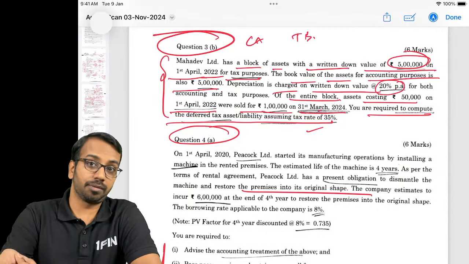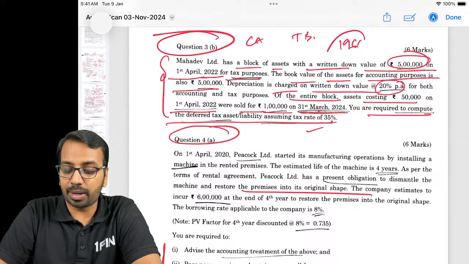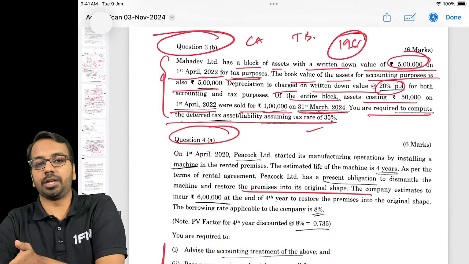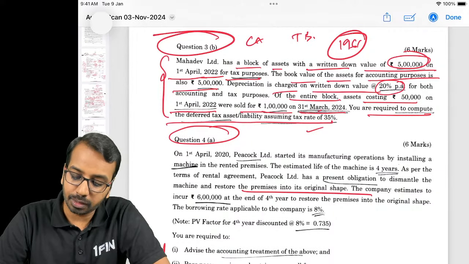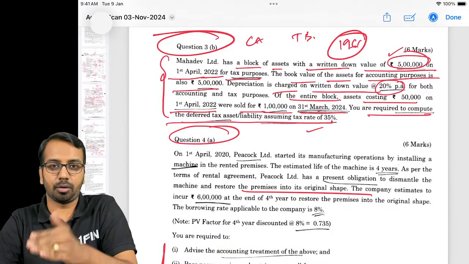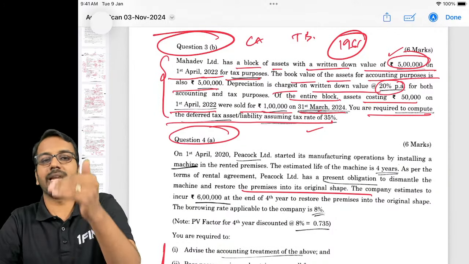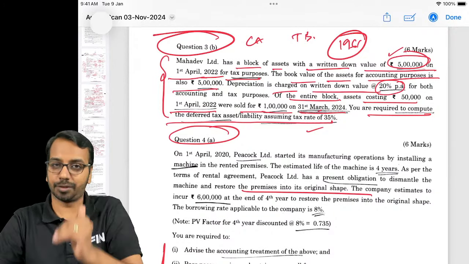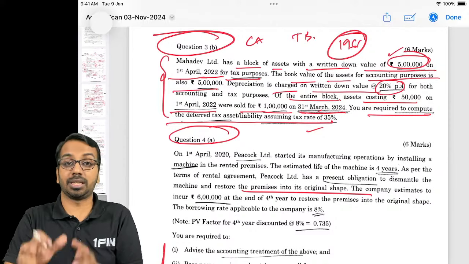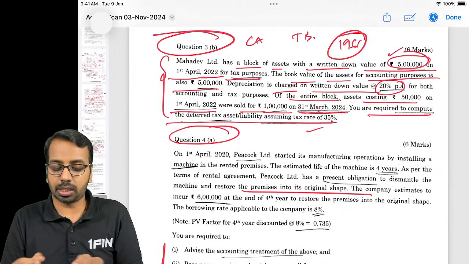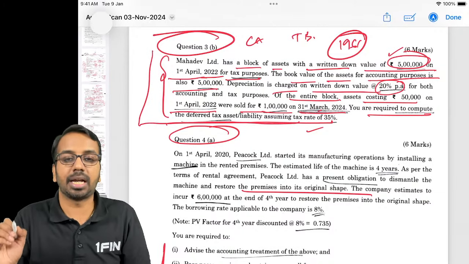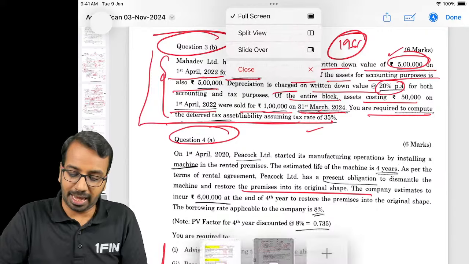So the solution that I am giving to you is assuming that we have to apply the provisions of Income Tax Act 1961, where while calculating depreciation, you have to consider the opening balance minus depreciation minus the sale proceeds. Okay, so whenever you calculate for the second year, opening balance minus depreciation will give you the carrying amount at the end of the first year. From that, you will remove the sale proceeds and then calculate depreciation. That is my assumption. Okay, because that is what I thought would be the most logical assumption given the question that is provided. Okay, so considering that,